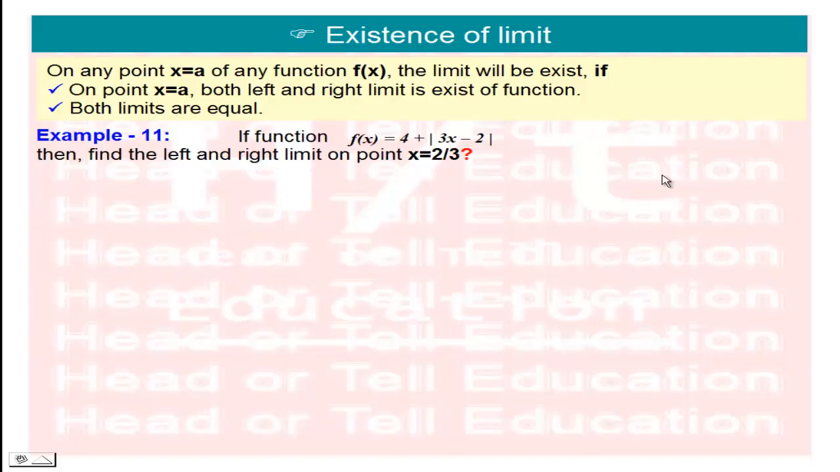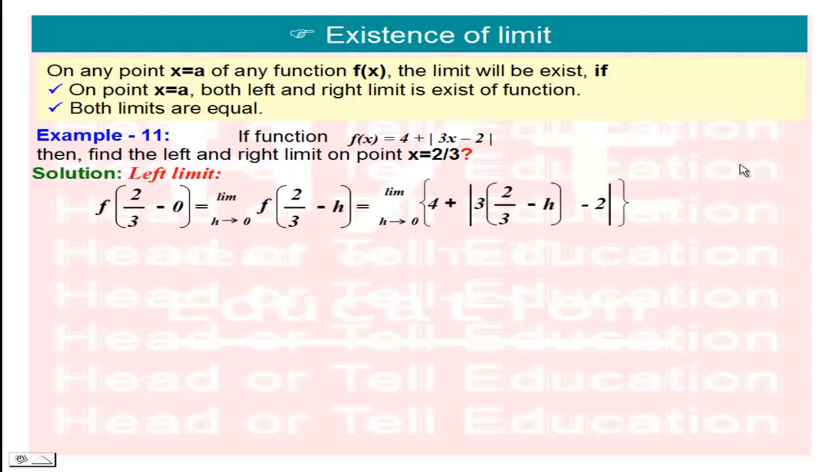Next, one more example for our condition of the existence of a limit. The function f(x) equals 4 plus modulus of 3x minus 2. Find the left and right limits at the point x equal to 2 by 3. Check the solution. So, the left limit,